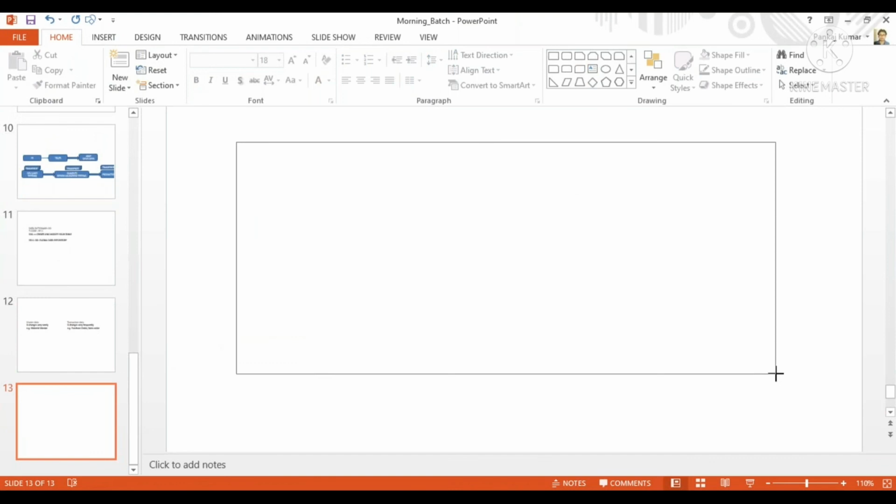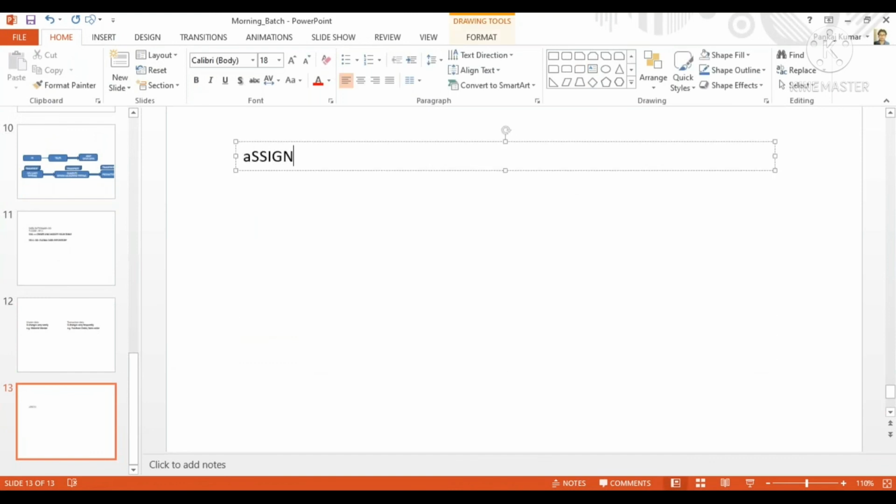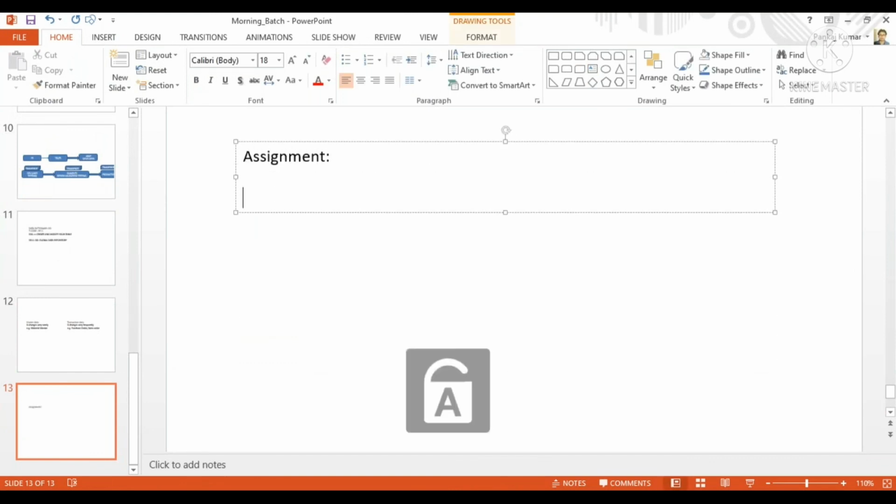The assignment is to create a table. The table name will be ZEMP, and you can give your name after Z, for example AD, just for identification.